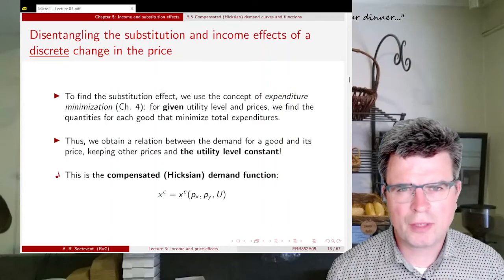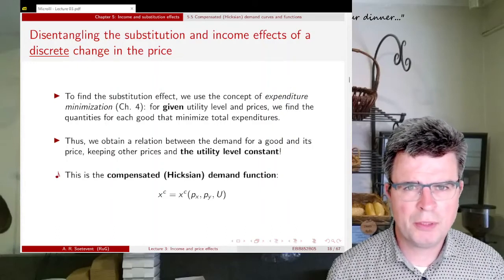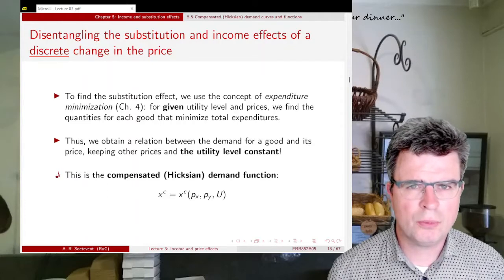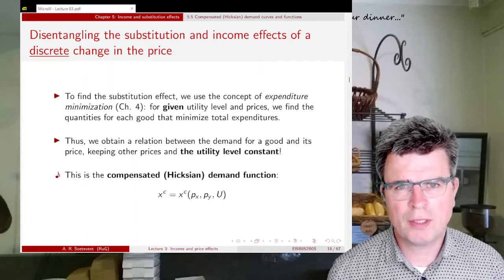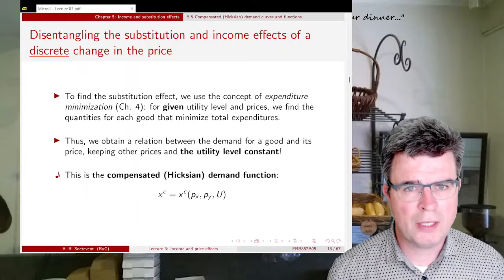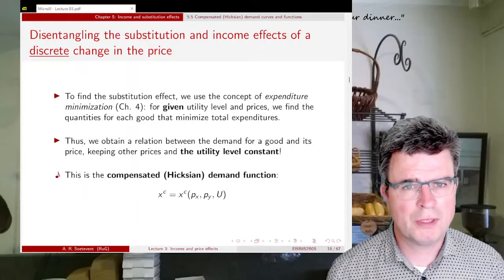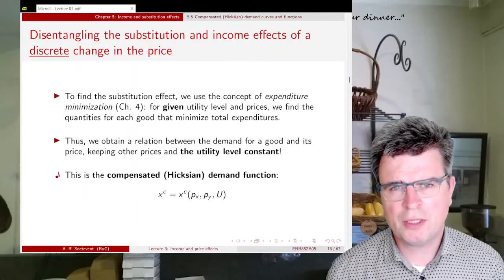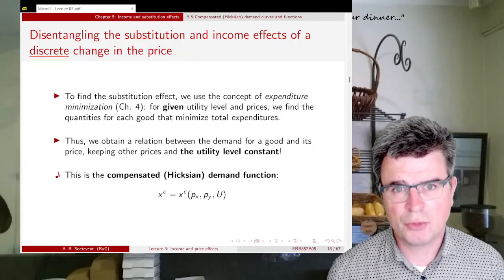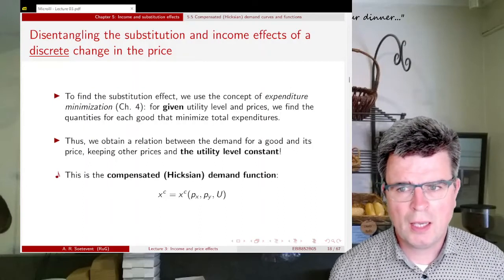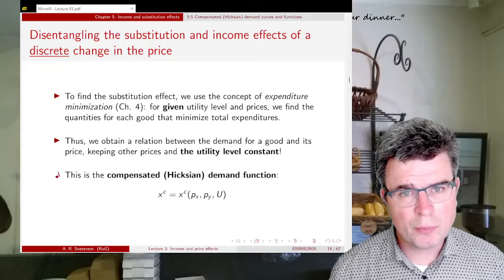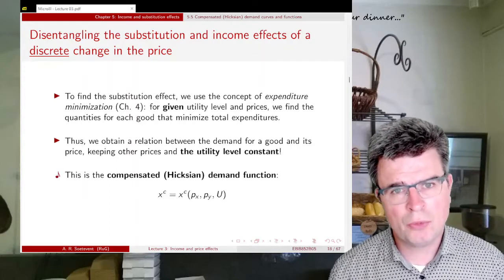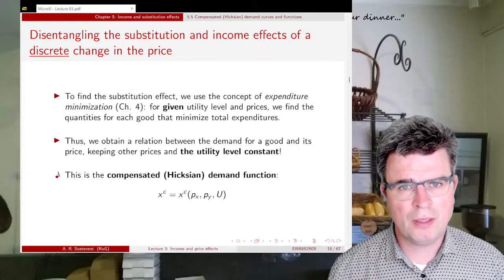So after our graphical exposition, in which we decompose the total effect into a substitution effect and an income effect, we're now going to take a more mathematical approach. And first we will consider a discrete change in the price of the good that we consider. And to find the substitution effect, we want to tie the individual to the original utility level, to the